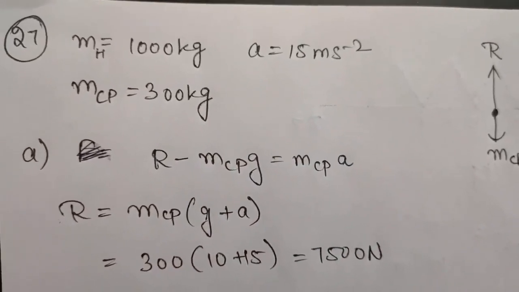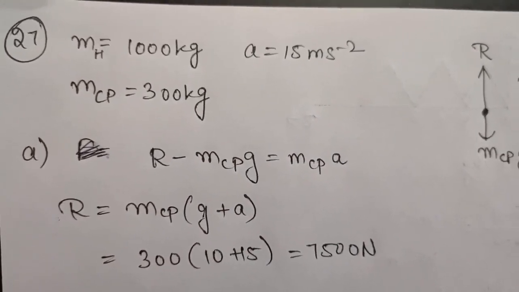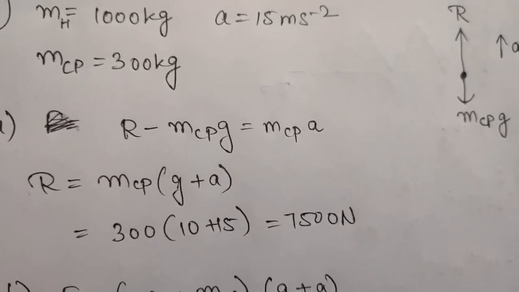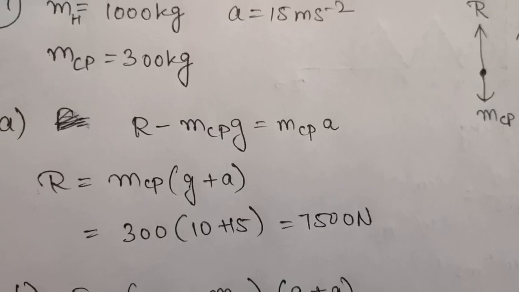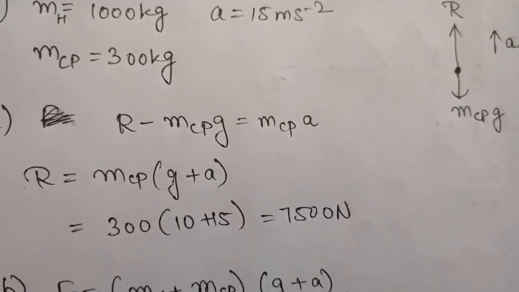So in the first part of the question, you have to tell the magnitude and the direction of force on the floor by the crew and passengers. Okay, so because you have to calculate force by the crew and passengers only, we will be considering in the first part the mass of crew and passengers only.